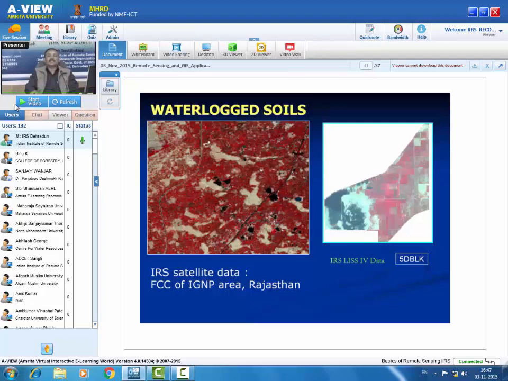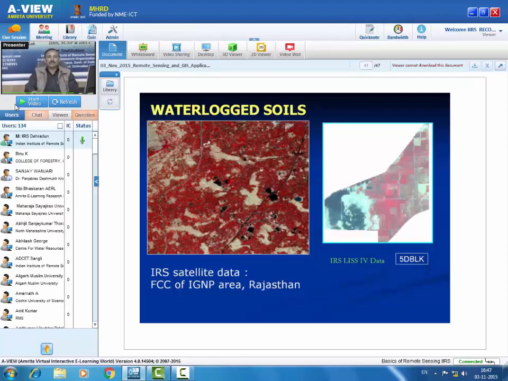This is the irrigation command area of Rajasthan, the Indira Gandhi Canal command area in Bikaner district. You see the canal is coming, and along the canal you are seeing irregular-shaped waterlogged areas, and in patches where depressional lands are there, water gets collected and appears as a water body. This is the waterlogged area, but